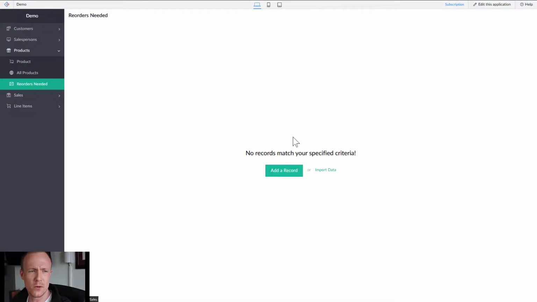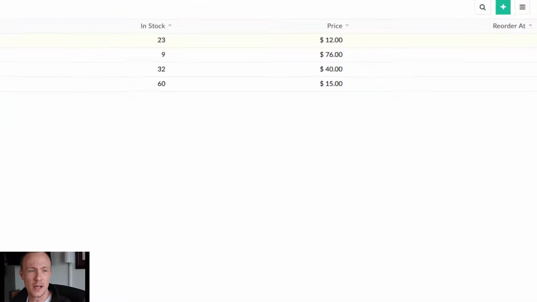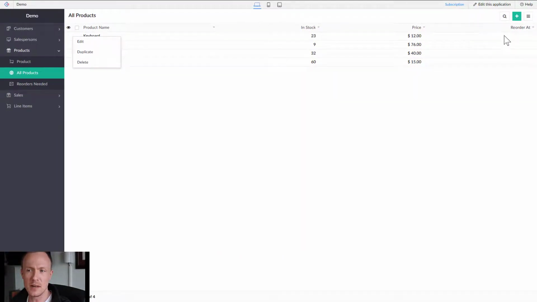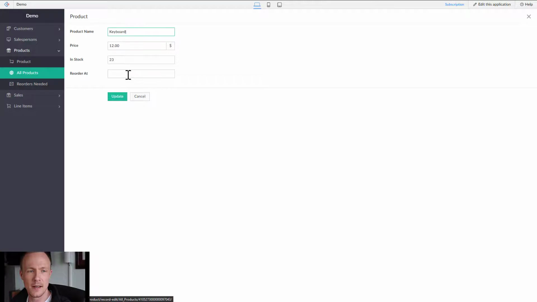And if we look at reorders needed, we can see that no records match the specified criteria. That is because we haven't filled in the reorder at field. So if we go to the all products report, we can see that the reorder at field is now in place and they're all blank at the moment. So we'll go over, select the ellipses, press edit, and then in stock we'll reorder at, let's reorder these at